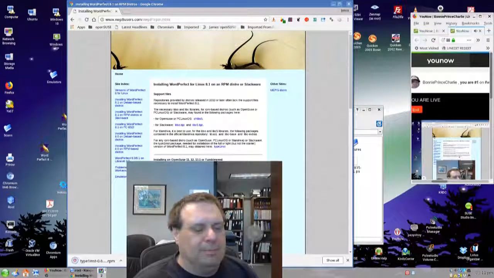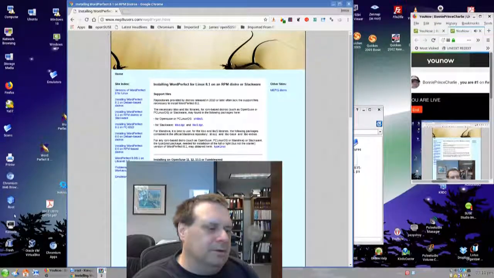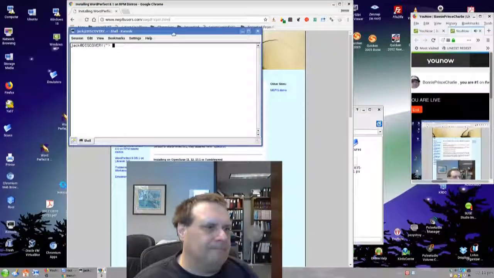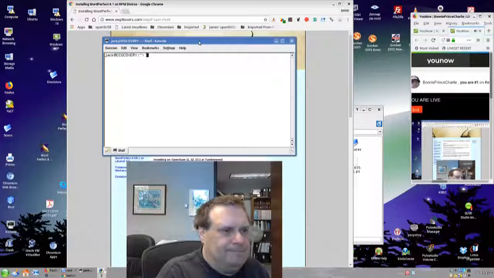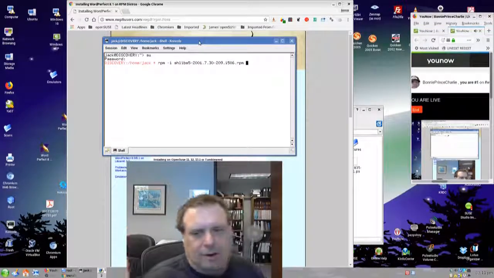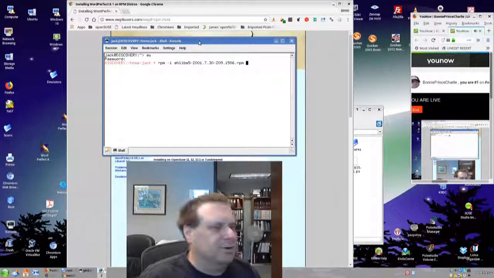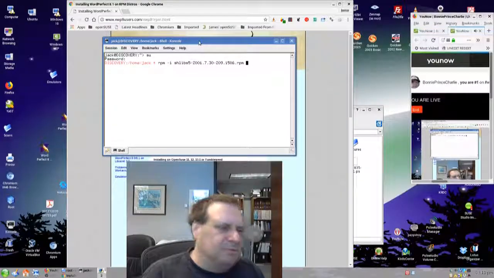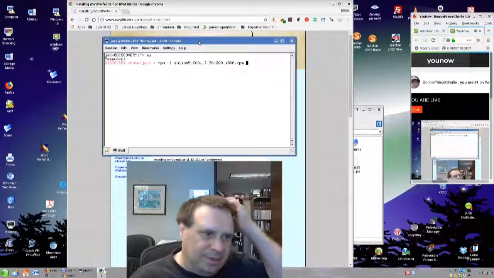So these two RPMs get downloaded, and then you have to, as root, which you become as, you can't use the YaST installer to do this. You do rpm -i and name a file. So you type SH and it'll autocomplete for you. Press enter, it'll install. Same thing with the TrueType libraries, and it ends up populating